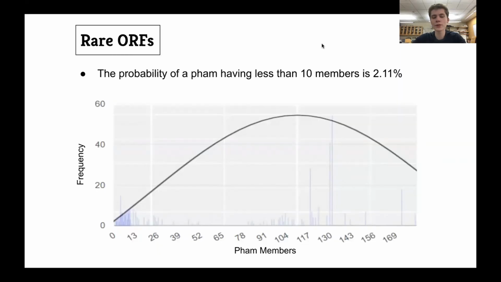Saratos has 7 ORFs, or open reading frames, which belong to families containing less than 10 members. If the true mean number of members in a family found in any of the EA subclusters is 104.19, the probability of a fam having less than 10 members is 2.11%. Statistically, any probability less than 5% is considered significant, meaning that fams with any less than 19 members would be